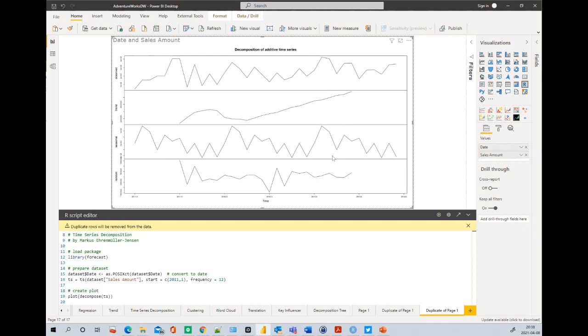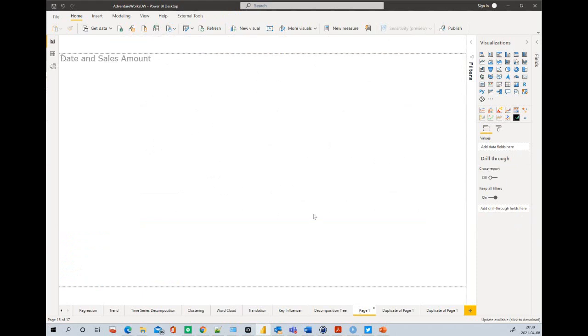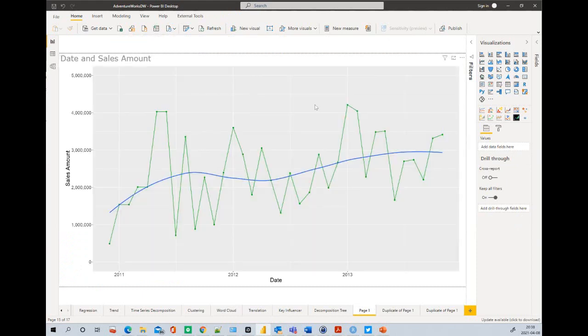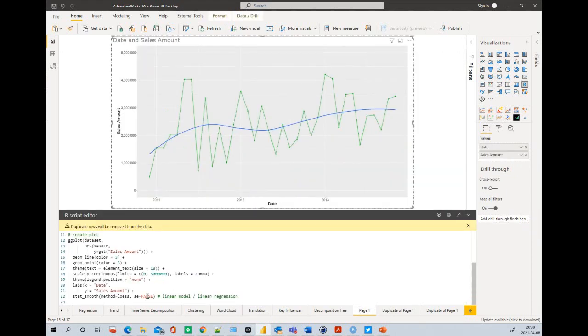The good thing with the R and Python visual is that if we apply any filters, if we do cross-filtering and so on, the data exposed to my script is changed, and so the script is reacting. So if I apply a filter, then for example, the forecast or the trend line will change. So if I go back there, I think it's still the trend line. Yes, there's a trend line in there. So let's make a straight line again out of that. And if I run this script